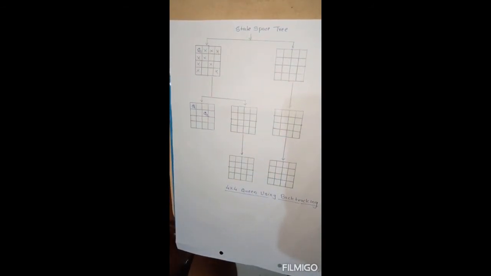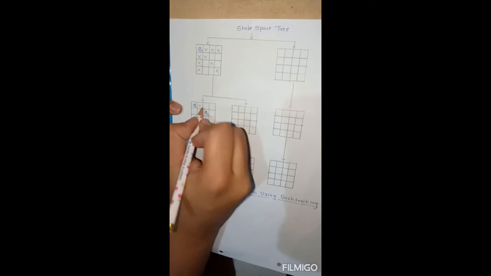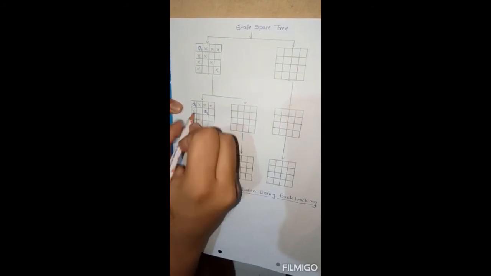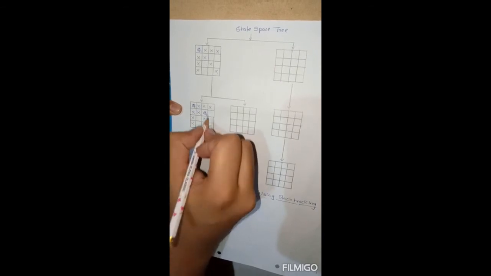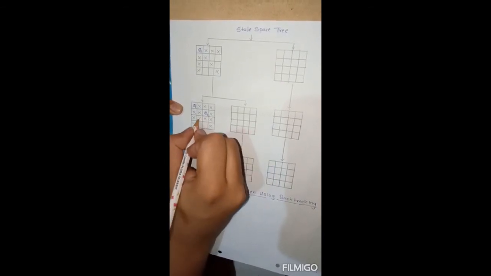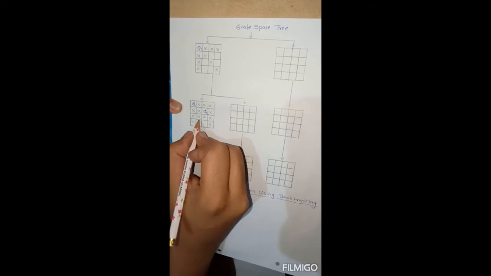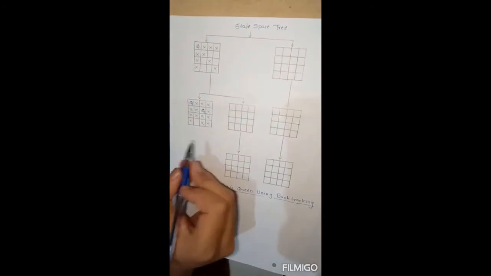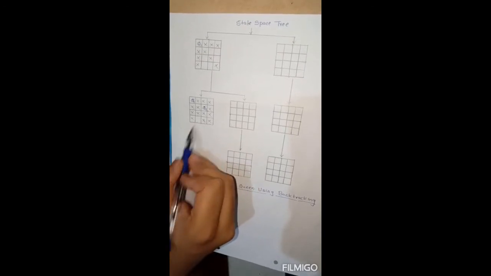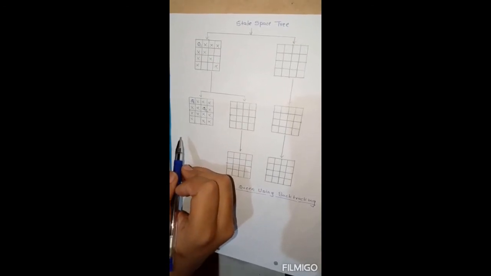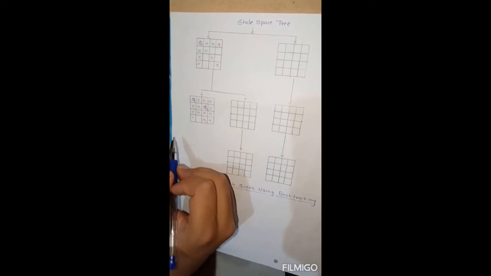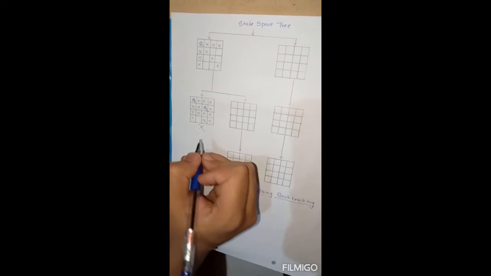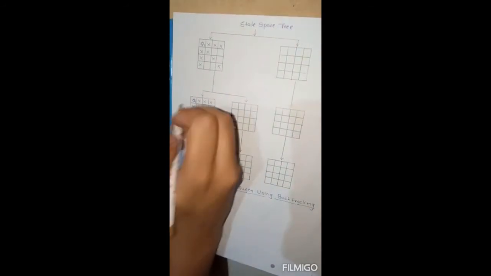Now let's again cross the locations where I cannot place the further queens because q1 and q2 would be attacking them. So if you see properly, I can place the third queen only at this particular location, right? And I cannot place the fourth queen. Hence, if I go in this particular way, I cannot find the solution. So this is the wrong path, right? So that is why I'll backtrack